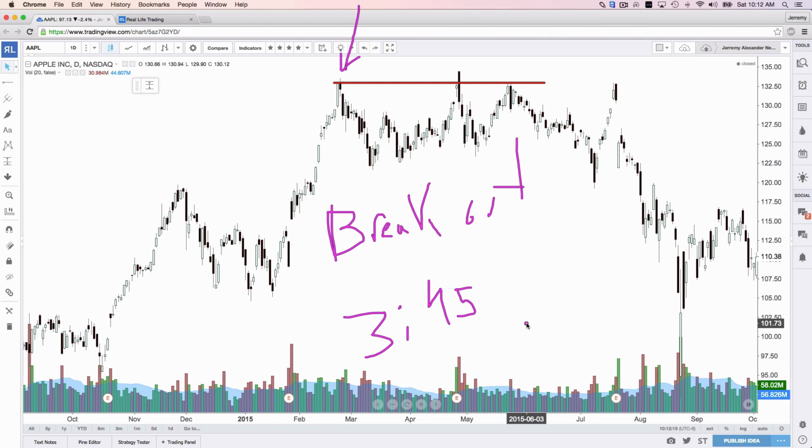Eastern Standard Time. 3:45 p.m. Eastern Standard Time. After that, between 3:45 and 4, if the stock price is above the resistance or below the support, and I'm playing the breakout, you're going to want to wait for a close. I'll say that again. You're going to want to wait for a close on a breakout. You're going to want to make sure the stock can break through the resistance or the support that you are attempting for it to do.